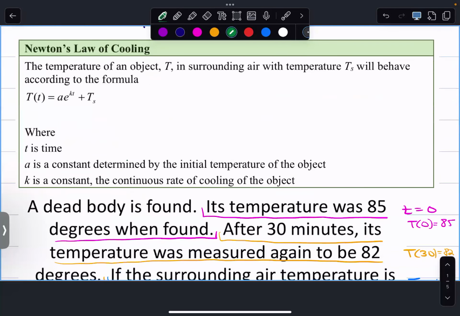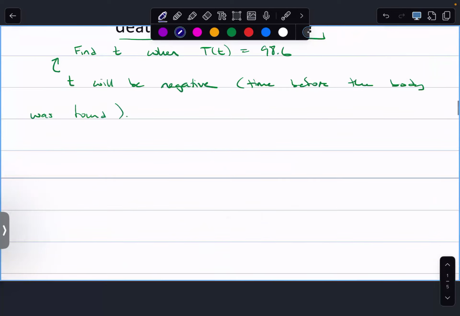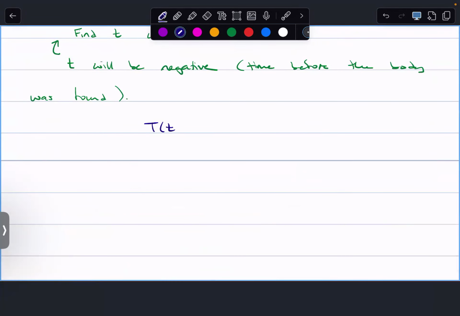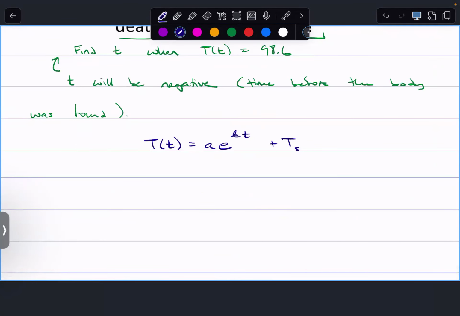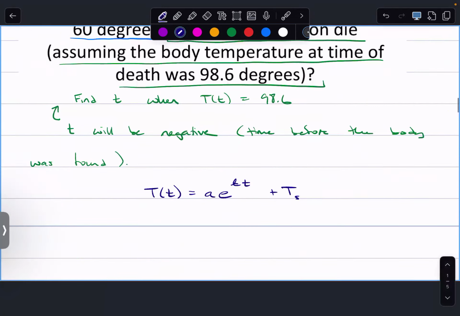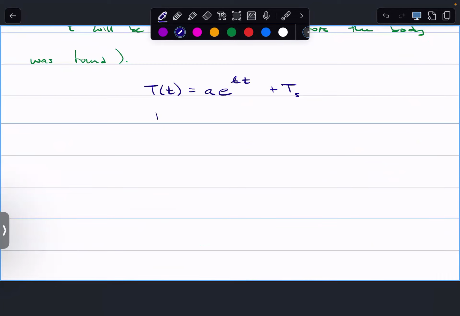Let's set up our empty formula and see what we can plug away at. So I've got T of t is A e to the kt plus T subscript s. We know T subscript s is 60. A e to the kt plus 60. And we're given